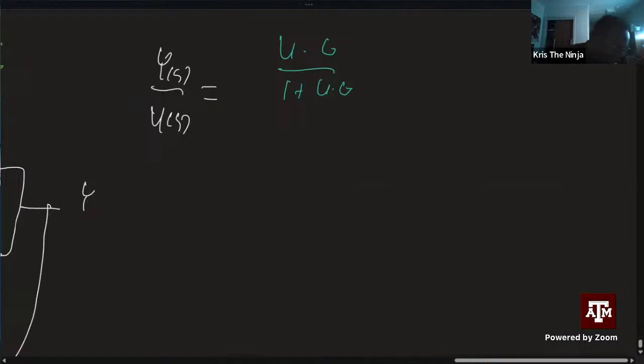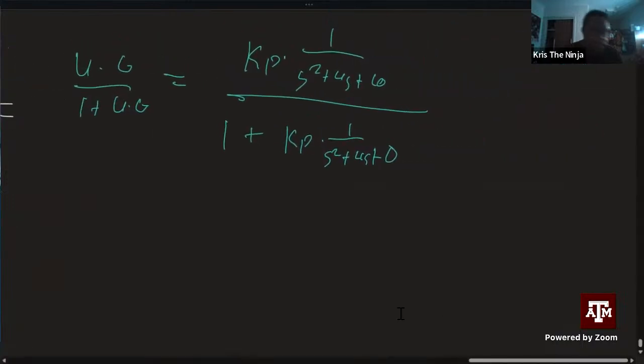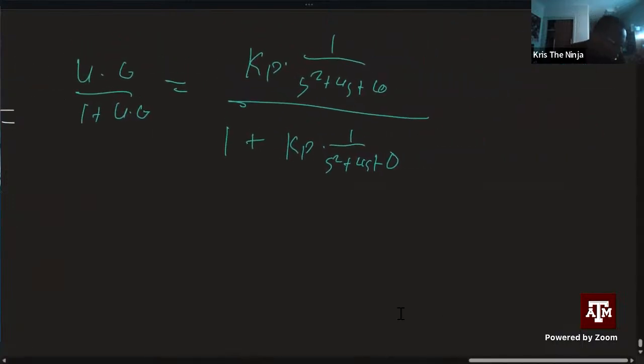Well, that breaks down to be Kp times 1 over s squared plus 4s plus 10, over 1 plus Kp times 1 over s squared plus 4s plus 10. Now we can break this down even further, and with some algebra, we can get this